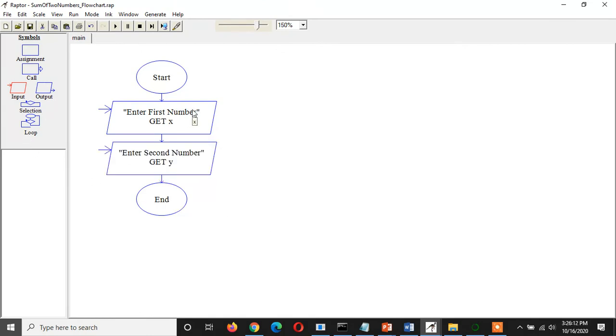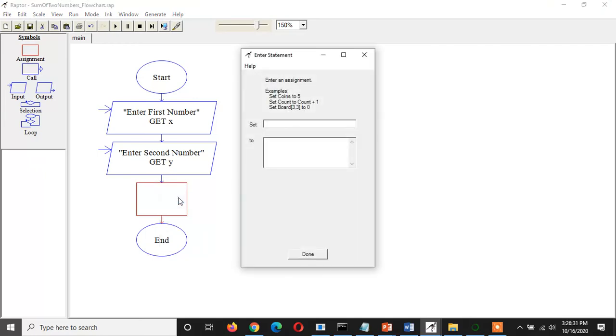After taking inputs x and y, we need to do the sum of x and y. For process, x plus y is a process, so you have to take this symbol of assignment and set the value s, which is my output value, with what?